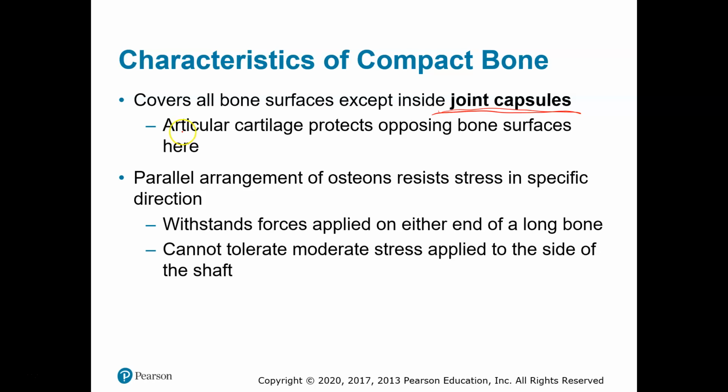Articular cartilage protects bone surfaces at joints. So there's articular cartilage on the outside of the bone where it meets with another bone at a joint. The osteons are arranged parallel